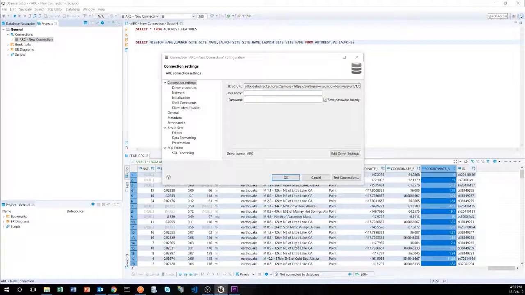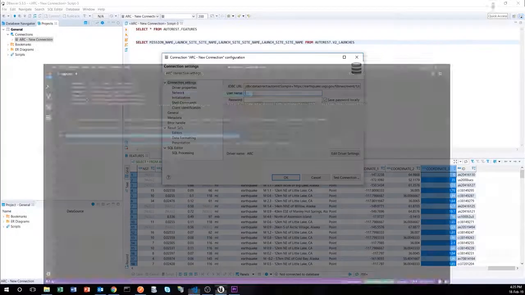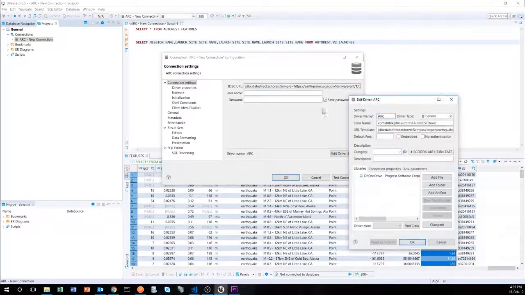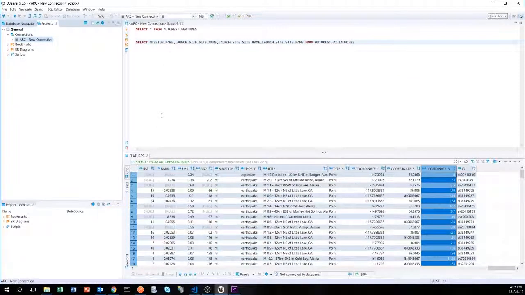No, I shouldn't have closed that, I should have grabbed that. All right, we're going to copy this line of code here, and we're going to edit this and replace this line with the new REST API connection. Hit OK. Now if we connect to it,